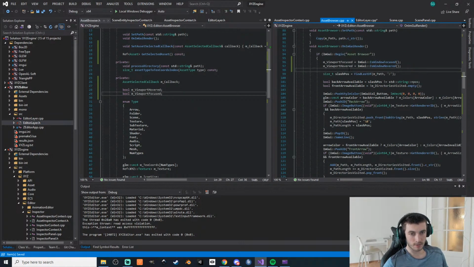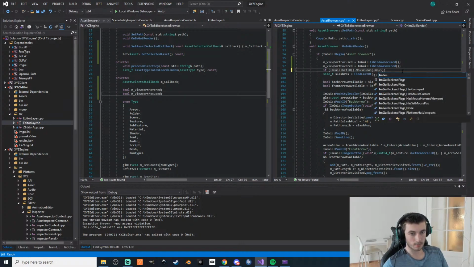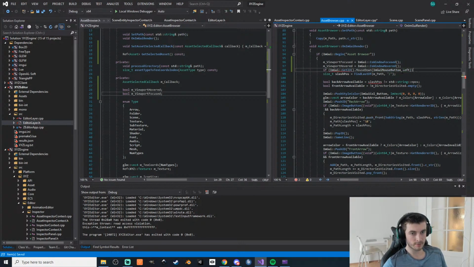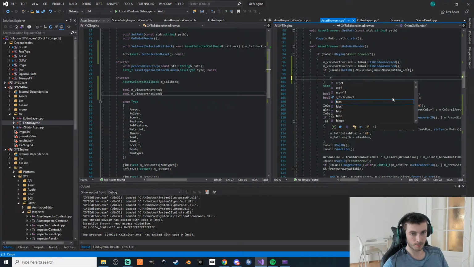And if it's focused and it's hovered, if I am going to get IO, mouse down, I'm going mouse button left, then I want to say